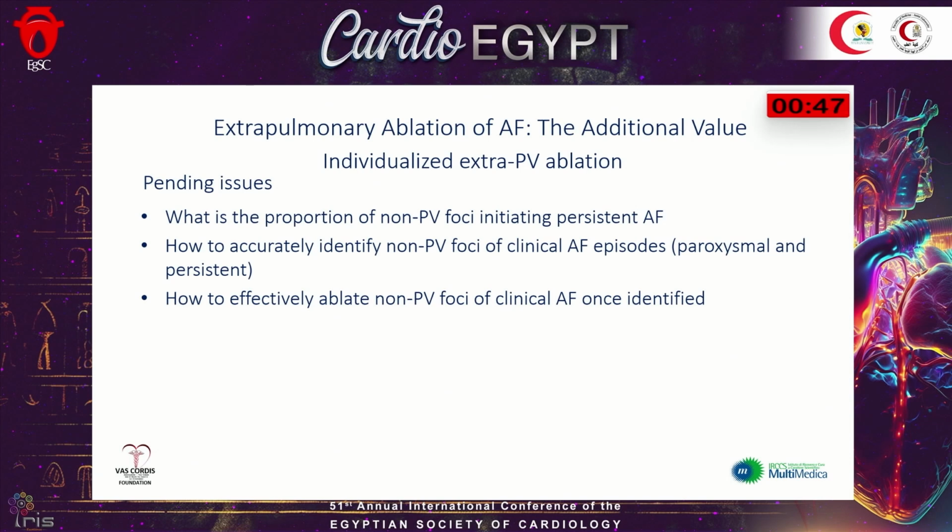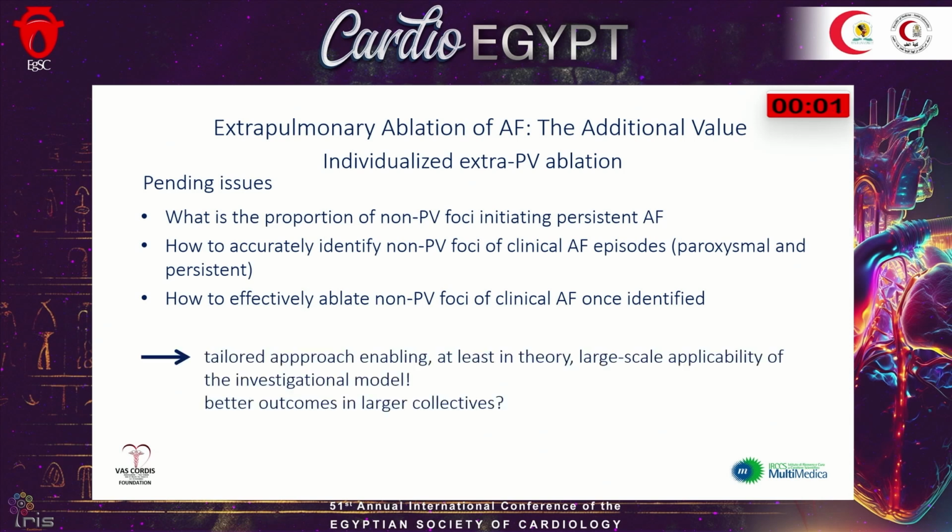In addition, a number of pending items are preventing a solid evaluation of the predictive value of extrapulmonary vein ablation in the clinical setting. Particularly, what is the proportion of non-PVI foci initiating persistent AF? The systematic data that I showed you are coming from paroxysmal. And how to accurately identify non-pulmonary vein foci of clinical AF episodes, both in the paroxysmal and persistent model. And once identified, how to effectively ablate non-PVI foci of clinical AF. Until any of these three elements is consistently proven, we cannot evaluate our model in the